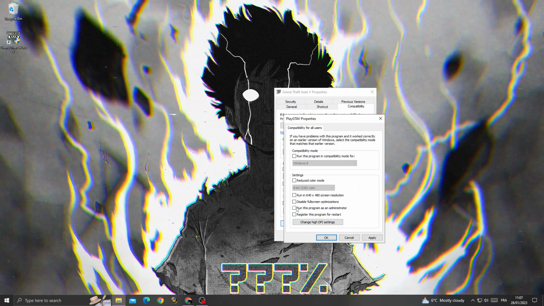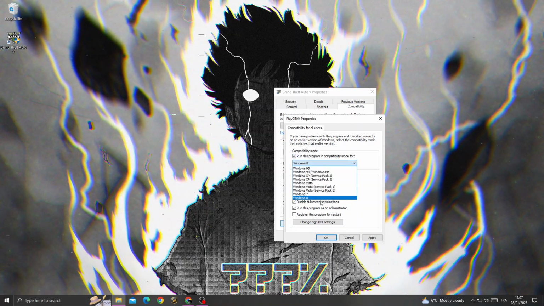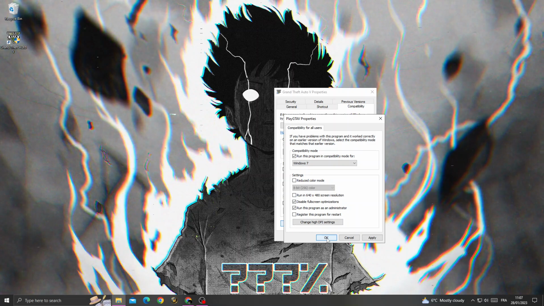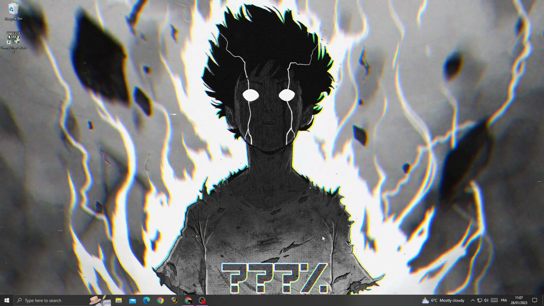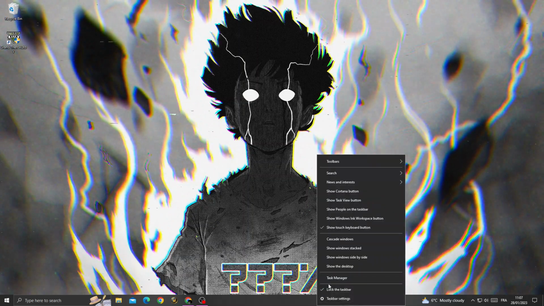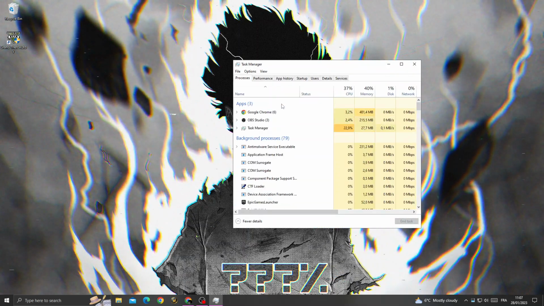Now all you need to do, just turn on those two options and turn on this option and select Windows 7 and click OK, and click OK again. And now all you need to do, just right click here, go to task manager and